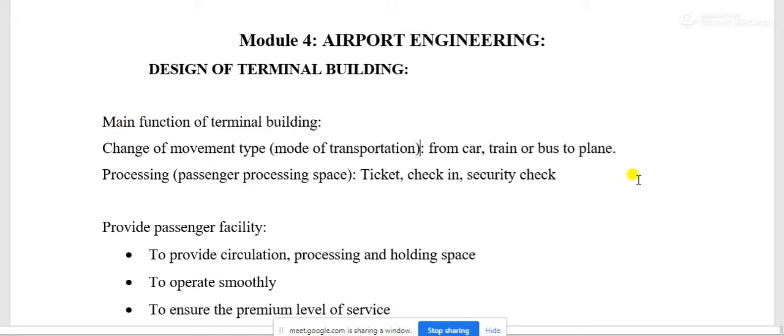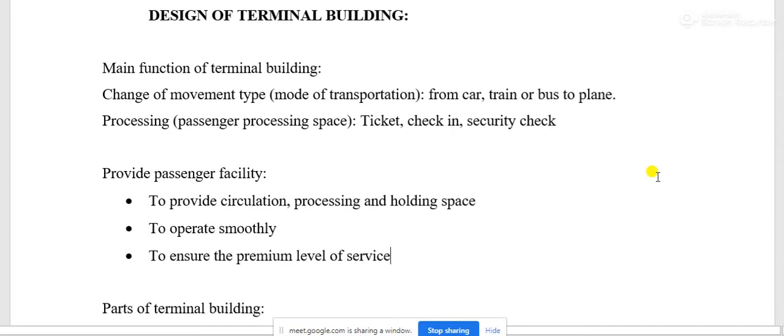Now these three are the basic facilities which a terminal building has to provide to the passengers: circulation, processing, and holding space.